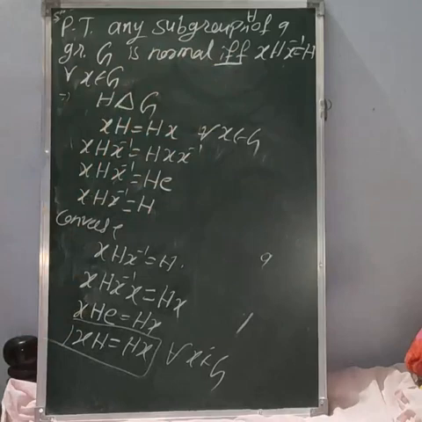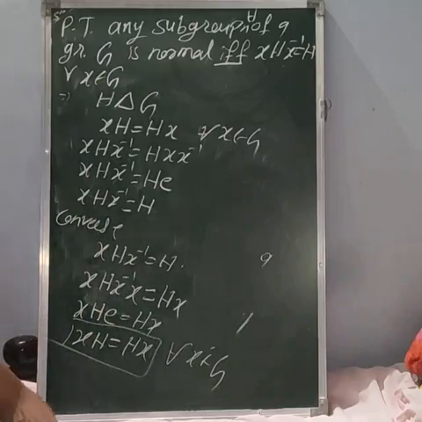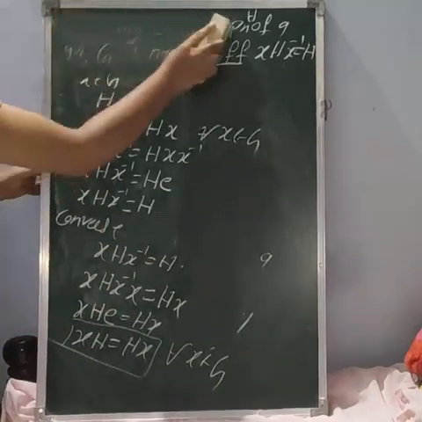This is not difficult. In the first part only multiply x inverse on both sides on the right side, and here we will multiply x on both sides, and you will get the result. So this is one theorem. We are having the next one, a similar theorem, the same type of theorem.